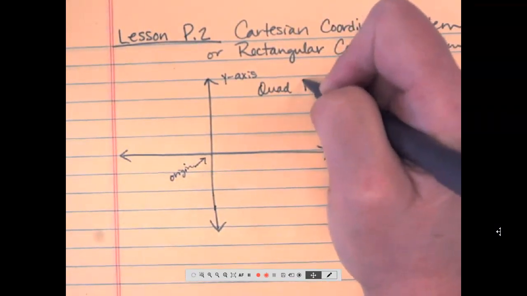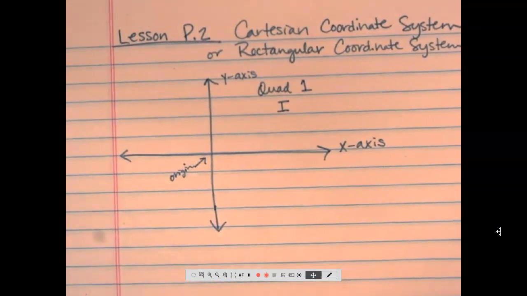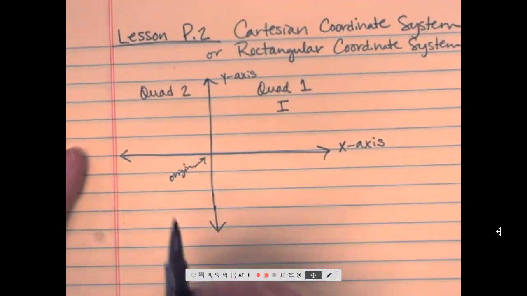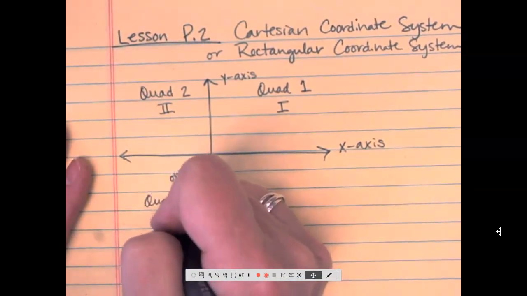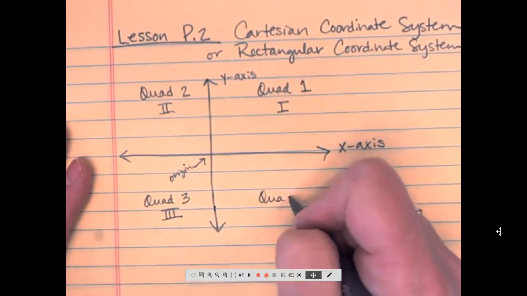Okay, so you can use Arabic numbers or Roman numerals. Doesn't matter, you pick. Where's quadrant 2? Top left. Doesn't that seem weird? To go counterclockwise? Okay, I think it's a little strange, but there is a reason for it, which we will discover in the next chapter. So I'll leave you hanging on that cliffhanger there. So exciting. Quadrant 2, or II if you're using Roman numerals. Quadrant 3 would be found down here. And of course, quadrant 4